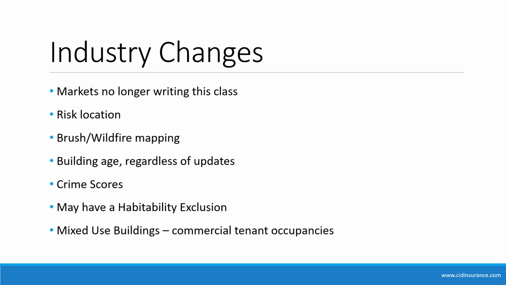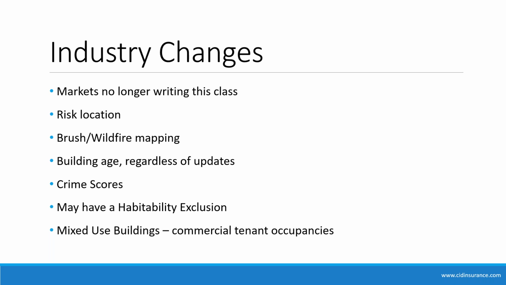The risk location, especially in California, if there's wildfire concerns, that's a thing. We've been dealing with that for a few years now with our carriers and what they're writing. I'm starting to see the wildfire and brush mapping happening in other states too, like Oregon and Washington. So I wouldn't be surprised if many carriers start adapting guidelines similar to what they've put in place in California, depending on how devastating wildfires have been, and start making changes from that